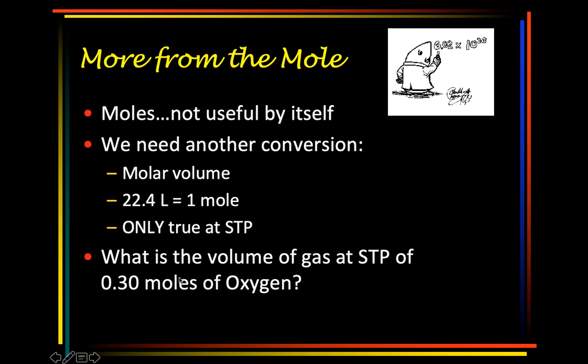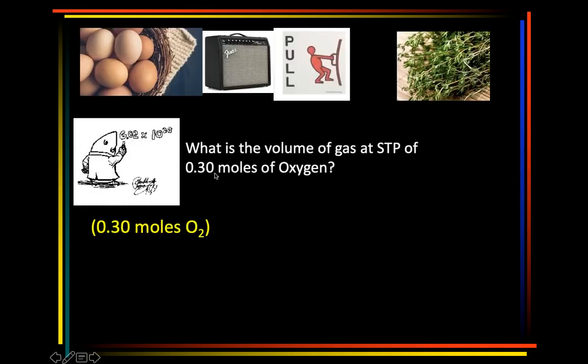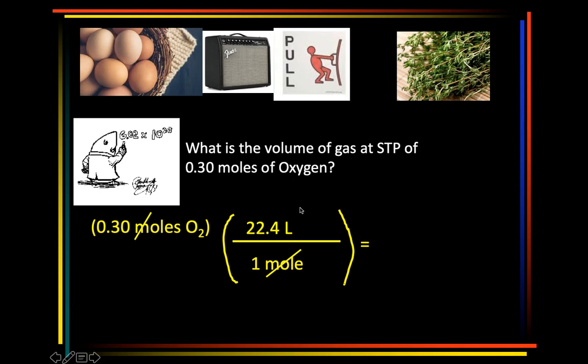So for example, what is the volume of gas at STP of 0.30 moles of oxygen? All right, example time. Let's try it. I start with my given, just like always, 0.30 moles. Remember, oxygen is diatomic, so when you write the symbol, it's O2. I want to know the volume, but it is at STP, so molar volume can be used. So set up your conversion. Moles needs to cancel, so it has to be in the opposite spot, so I'm going to put it on the bottom. And because I'm trying to find volume, and it's at STP, I can use that new conversion, 22.4 liters. Moles will cancel. I'm left with liters. That is a unit of volume, so I can do my equal sign. I don't have to change it into milliliters or anything else because it just says volume. Multiply on the top,